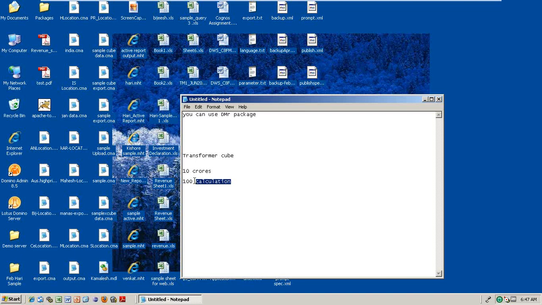So in this type of scenario, for example, the data is changing very frequently. Say at night 11 o'clock it changes, again at 3 o'clock it changes. In that type of situation, you shouldn't go for the Transformer cube, because again at 3 o'clock you need to build the cube. Whenever the data is changed, the cube has to be refreshed. That means it has to rebuild. So it may take so much time.